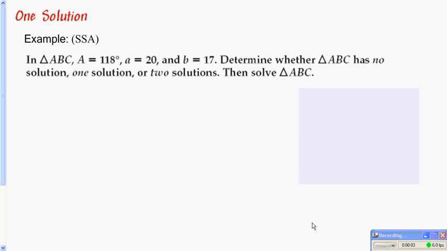Lesson 13.4, Part B. We talked about what it looks like if we are given side-side-angle information, and how we will do it. Because that information is not very good information, we need to check to see what kind of answers we will have. The first thing we're going to look for, as mentioned before, is do we have an acute angle or an obtuse angle? It is obtuse, which means we would follow